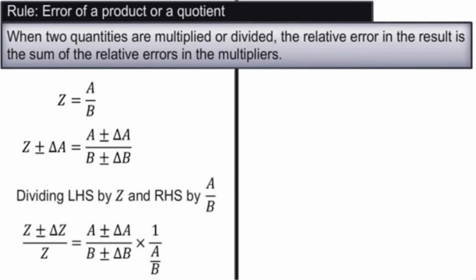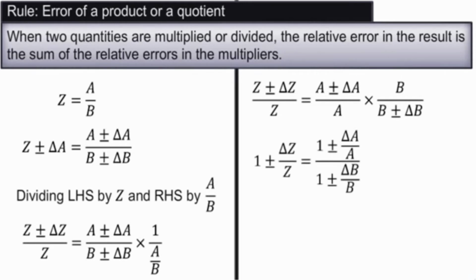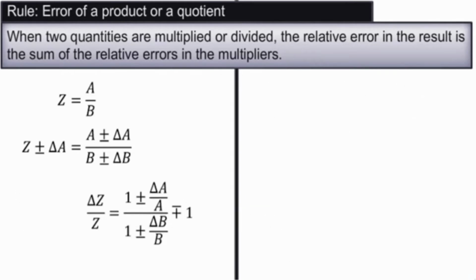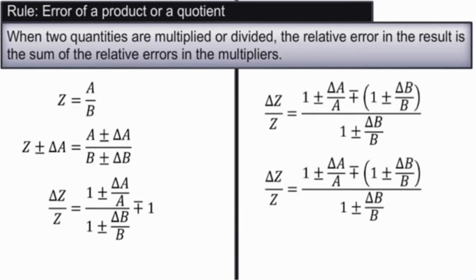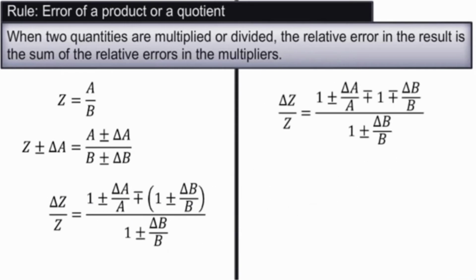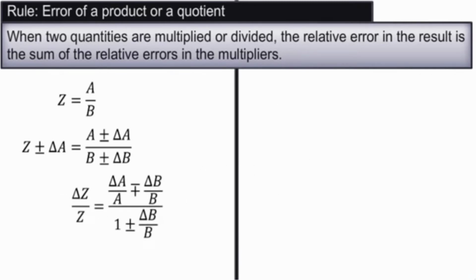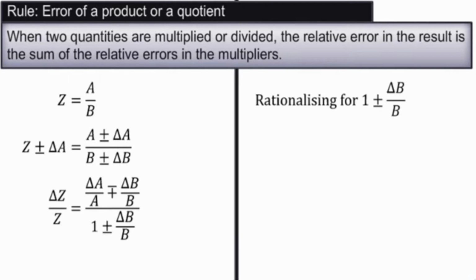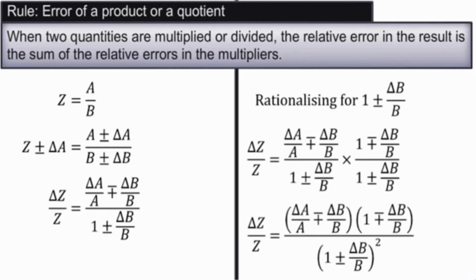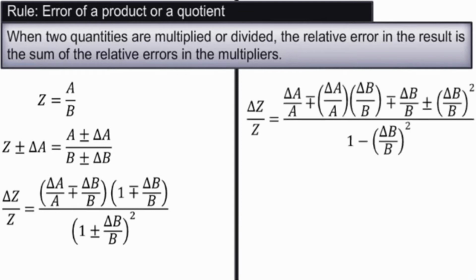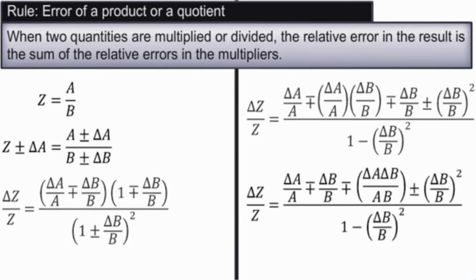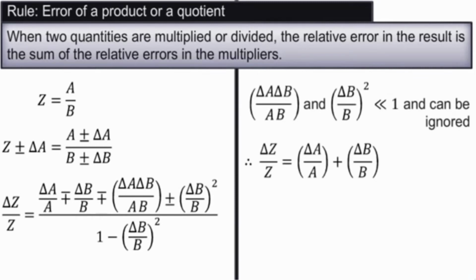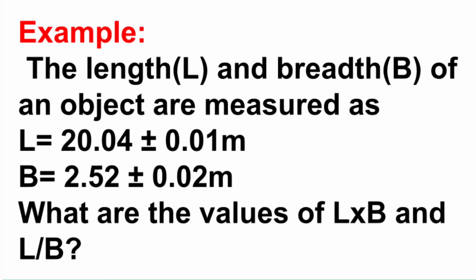Same thing we are doing in Z equal to A divided by B, if Z is the quotient of A and B. Again, we will follow the same procedure where you will be dividing by Z. Basically, why are we dividing by Z or the mean value? So that you can get the relative error. Okay. So here the only difference from the first rule is, in the first rule, sum or difference, what you do is you add the absolute errors. But if the individual quantities are multiplied or divided, you add their relative errors, not the absolute errors, or you can even add their percentage errors because it's just multiplication.